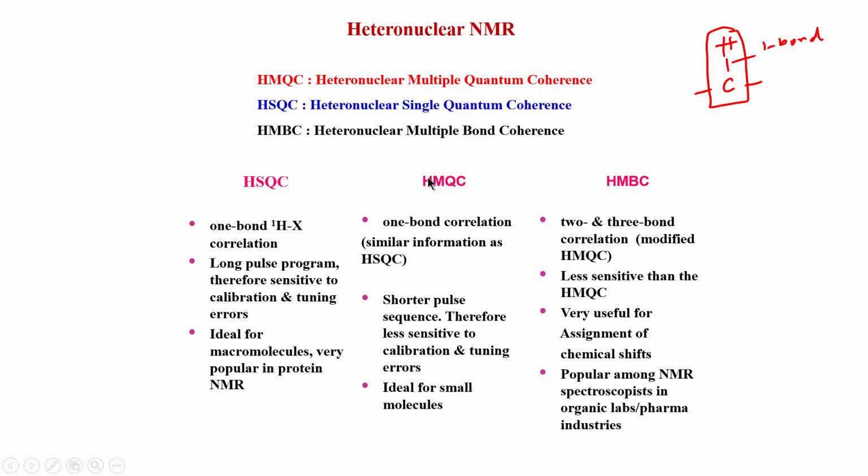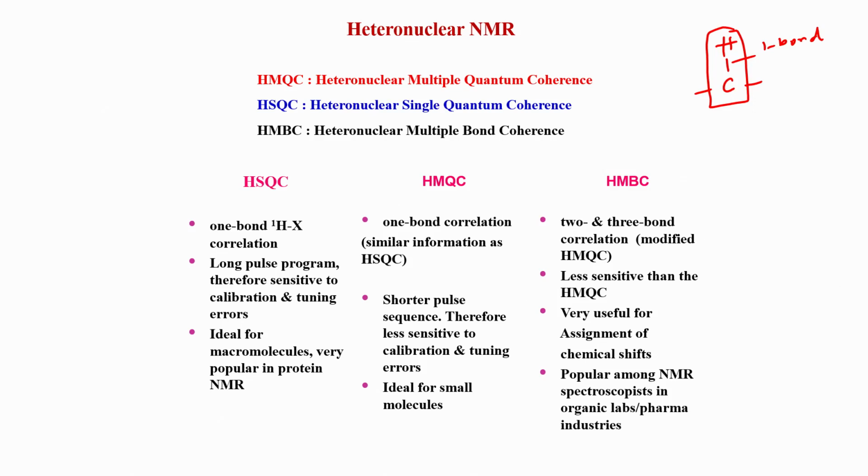Remember, 2D NMR experiments are generally slow and 3D is even slower than 2D. So, making these experiments faster is an area of research in NMR, and a lot of groups are working on that. One of the things they have done is to make HMQC very fast, so that you can record it in a few seconds, whereas HSQC takes at least a few minutes. So, there are many advantages and disadvantages of these two experiments, as we will see as we go along.